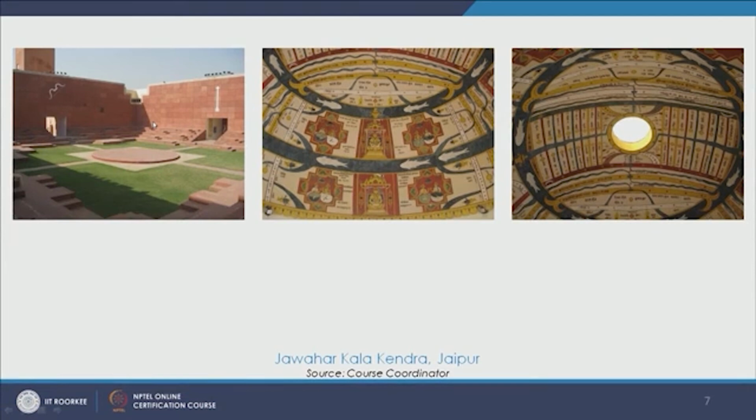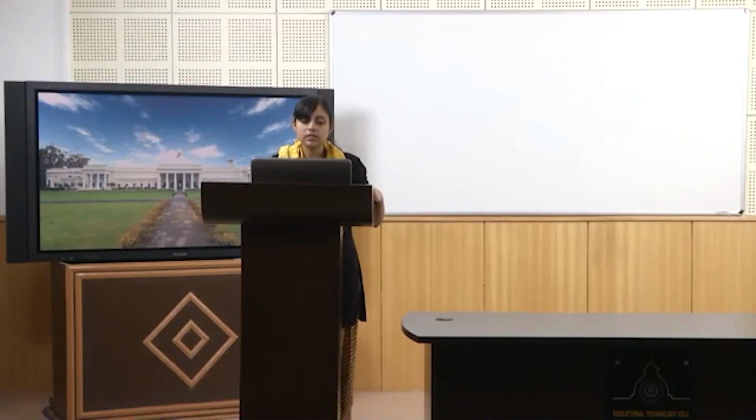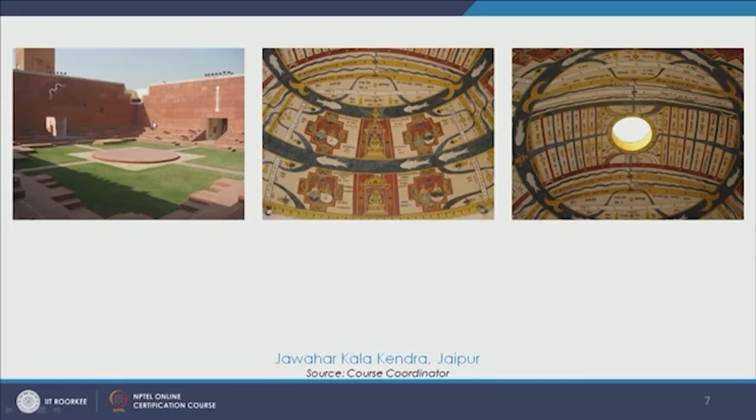So if you are interested and you want to go into the details, then you can see that it has 9 squares with the central square which is kept open, and then we see a lot of art forms over here which reflect the cosmos, the universe, the way of life, and different art forms which express our day-to-day lives. So it's a very beautiful and highly celebrated building, and Rajasthan is known for it, and its architecture is very